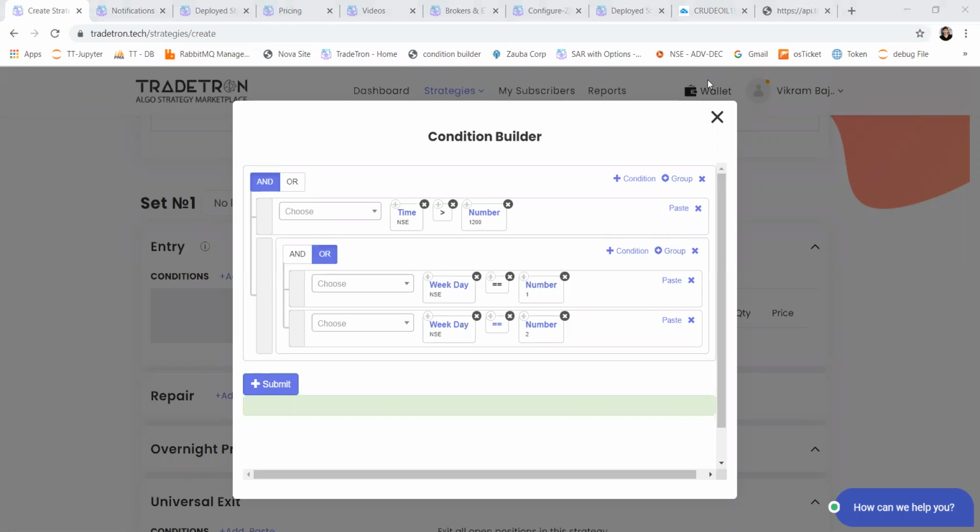Can we set a delay between exit and new order in the long short strategy? Directly, no. The only way to do it is to send your signals with some delay. As soon as Tradetron gets a signal, it will execute the order. So if you want a delay, you have to manage it at your end.